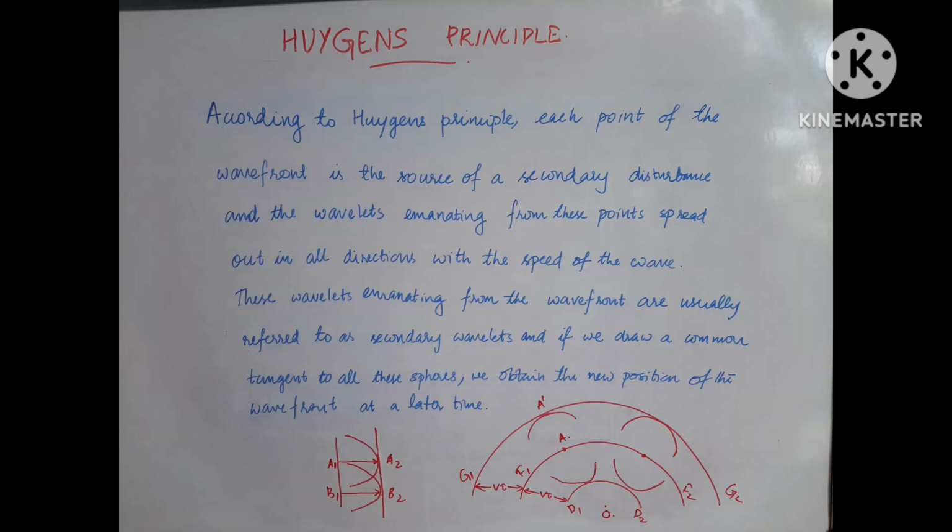Here we discuss what is Huygens principle. Huygens principle says that each point... first of all, let us suppose at t equal to 0, we have a wavefront originating from a point. At a later time t, we have to create a wavefront